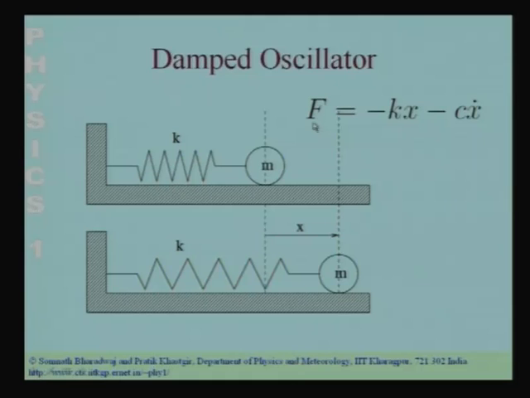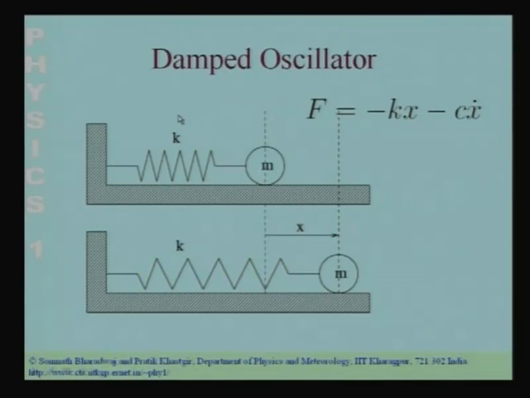So, the system which we had considered in the last class, we had a spring and we had a mass. If you pull the mass, the spring exerted a force F equal to minus kx, but in reality you will also have damping. Whenever there is any motion, there is usually some damping, some force which opposes the motion and tries to bring the moving particle to rest. Here we shall consider the simplest possible situation where the damping force is proportional to the velocity.